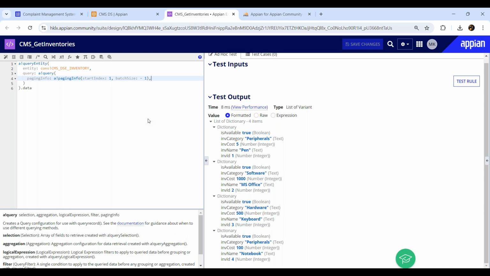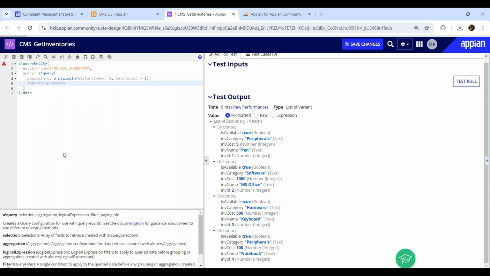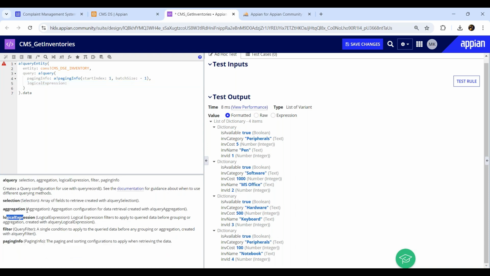First of all, inside this query function, we have one more parameter called logical expression. This logical expression is required to allow the user to provide the filters, right? For logical expressions, what function we will require, you don't have to remember. You can simply refer to the description window below, logical expressions. It says with the function a bank query logical expression. You can say a bank query logical expression,